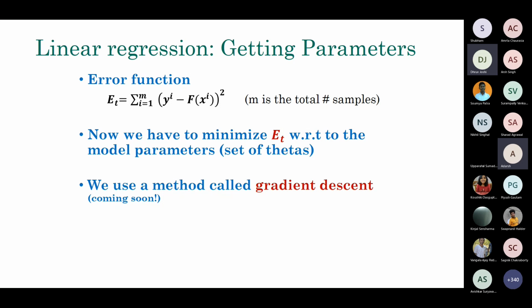But at least for linear functions, you actually do not need gradient descent, because you can simply take the partial derivative with respect to the thetas, and then you can get the closed form solution very easily to get the global minimum, because this is a linear function. But for a non-linear function, a global minimum is often not guaranteed. So the preferred method is gradient descent, which we can use to find the minimum value or maximum value of a function, which we will get to know soon enough.